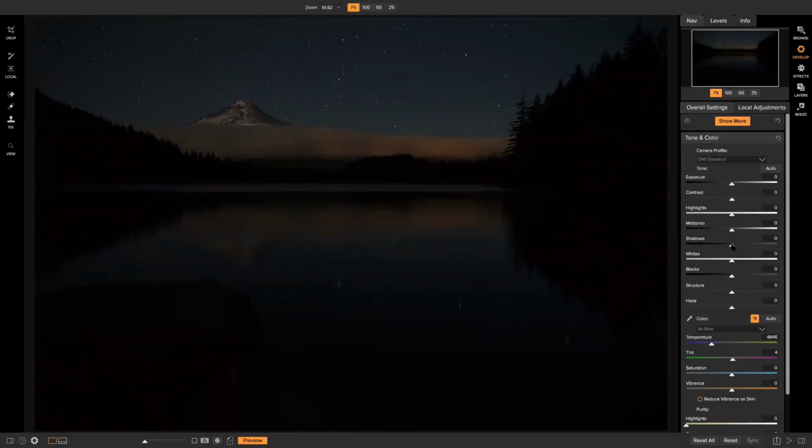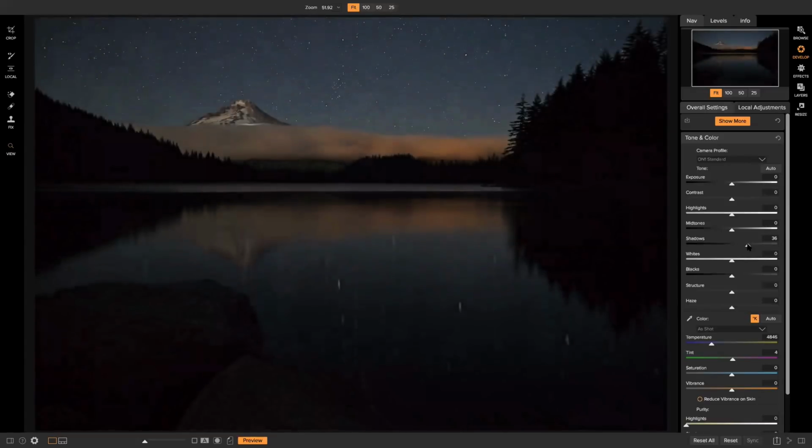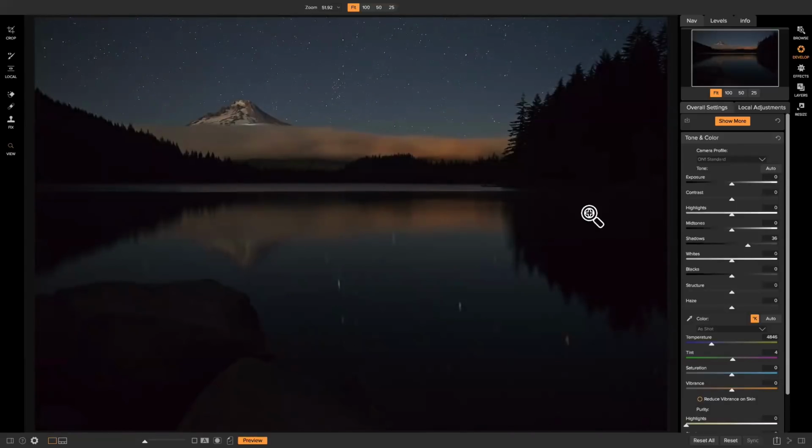So if you just head over to your shadow slider, you could just pull up your shadows, and you'll notice right away that it's already bringing in a bunch of light and a bunch of those shadow tones back into our shot. So once you've pulled up on those shadow tones, it's going to make your photo a little bit flat, because all you're doing is pulling up the darker shadowy tones in your shot. So since we don't need to mess with exposure and we just pulled up on our shadows, a great way to bring life back into your photo is to go up to your contrast slider, which is just going to bring in